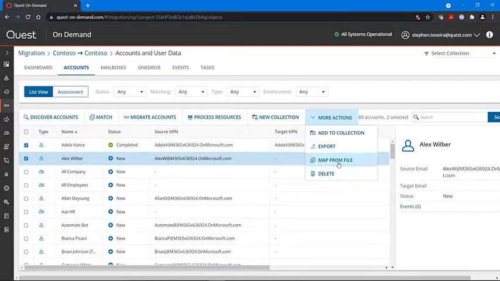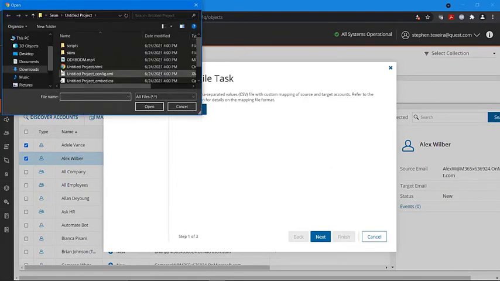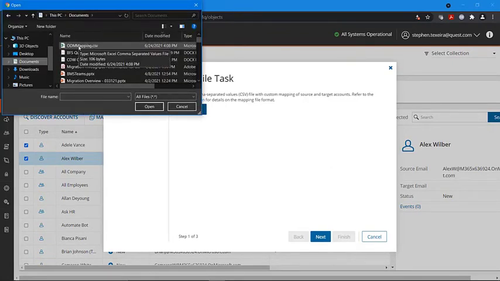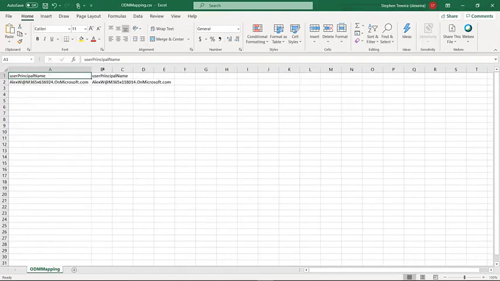We're going to map from a file. I'm going to browse to that file. We have one here called odmmapping.csv. Now I just used Excel because a lot of these mappings might be in bulk for hundreds or even in some cases thousands of users. So if I open up this file here, you can see the attributes that we key in on are